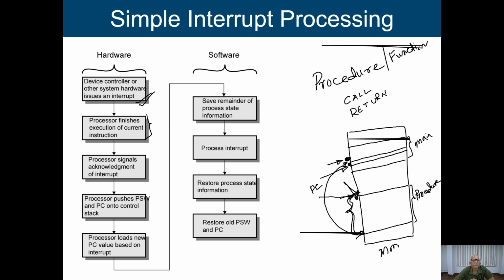Now what will happen after completion? The processor signals an acknowledgement to the interrupt. The processor gives an acknowledgement signal to the interrupting device or maybe to the I/O module. It says that now the processor is ready to serve this particular interrupting device. So in this case, the processor pushes the PSW and the program counter into the control stack.